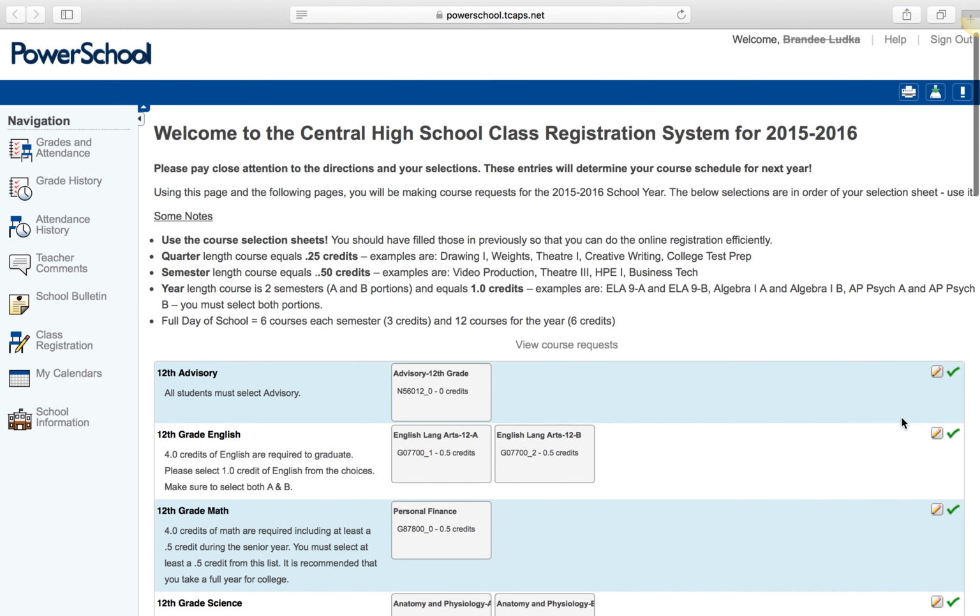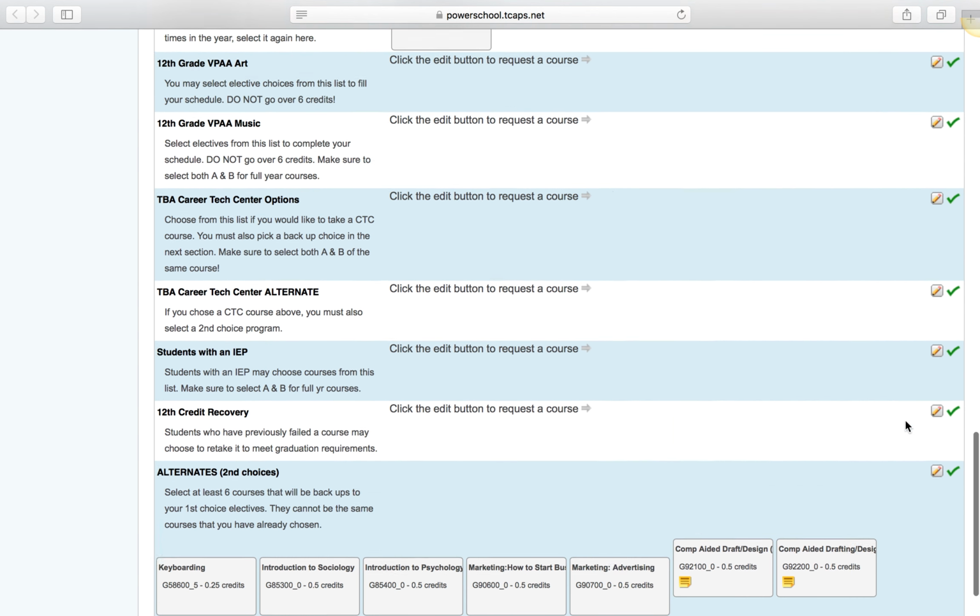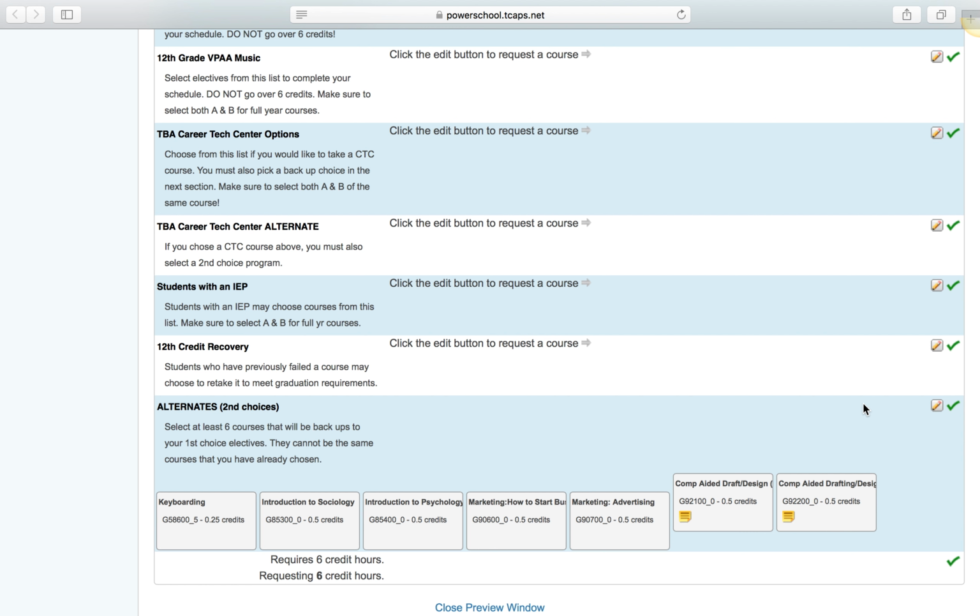Now that all of my sections have a green check mark, it means I have done everything correctly and I can submit. I don't have a submit button on my screen, but you will on yours. Now that you're done,